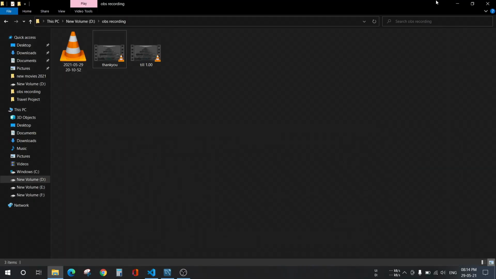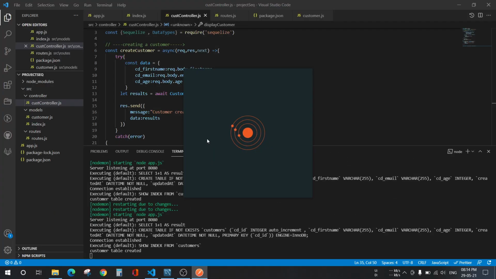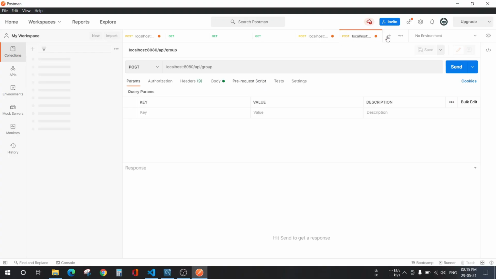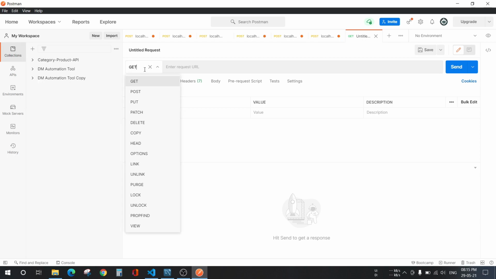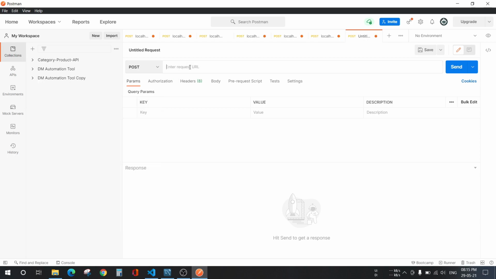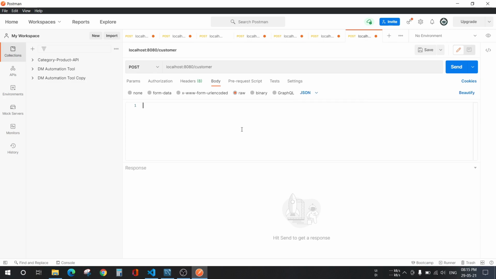Now we'll go to Postman. I'll open one more tab here and let's first add some customers into it. So localhost 8080/customer, and in the body, since we are not passing any images, so it will be raw and JSON. Let's create one customer.